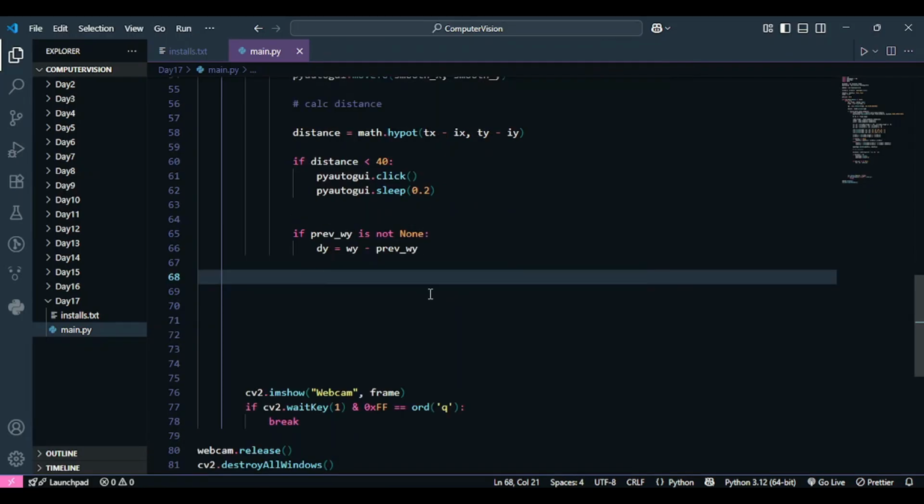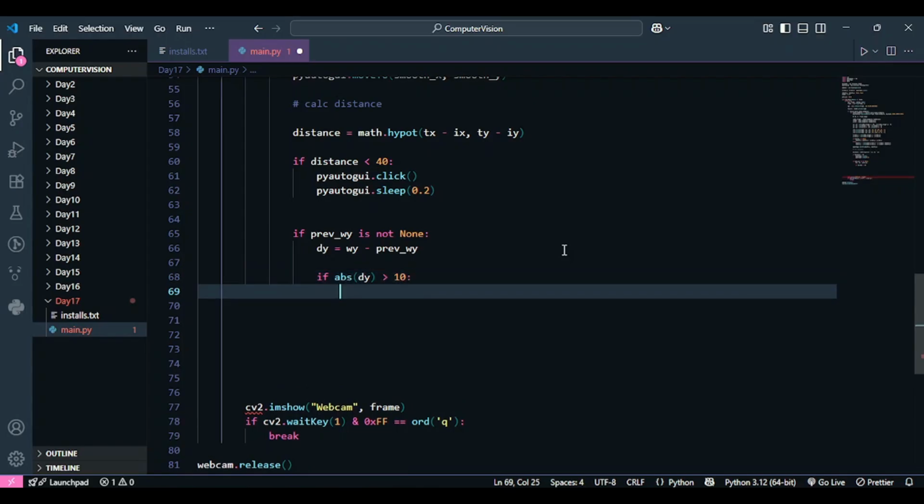If I want to compare my difference with some sort of threshold value, I can convert my difference into a positive value. And how can I do that? I can use the absolute function, which is called abs, and make my difference positive. So if my difference is, for example, minus 20, it will become 20, and if it's 20, obviously it will be 20. I can say that if this difference is greater than some threshold value, I'm going to say 10, you can put any value you want, only then you have to consider that as a scroll.